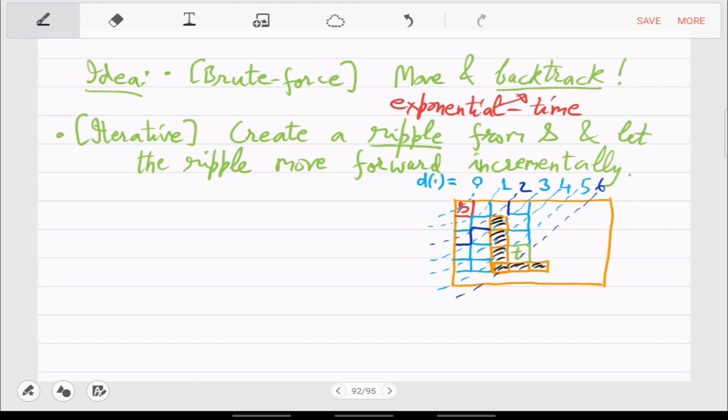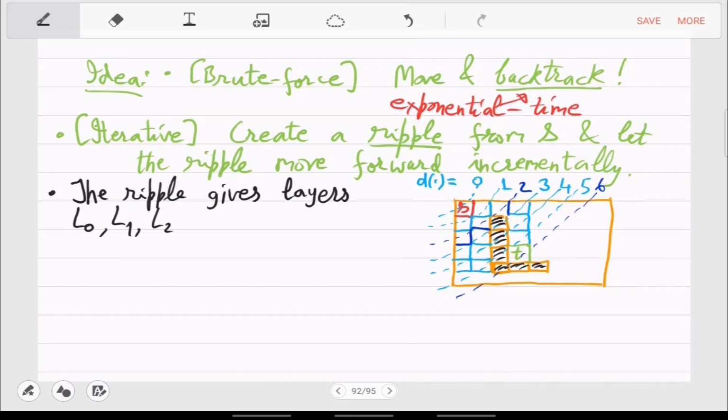Okay, and for that I just have to draw one picture to convince you. So what this ripple is doing, it gives layers L0, L1, L2.